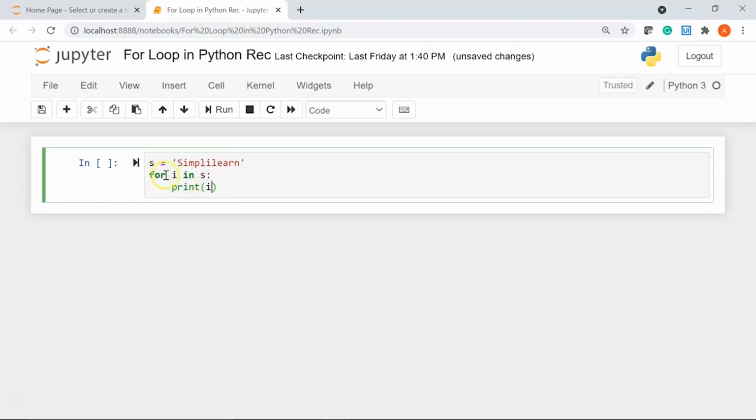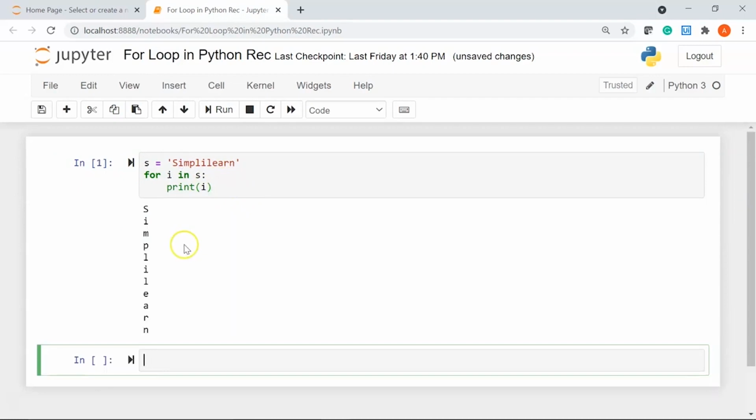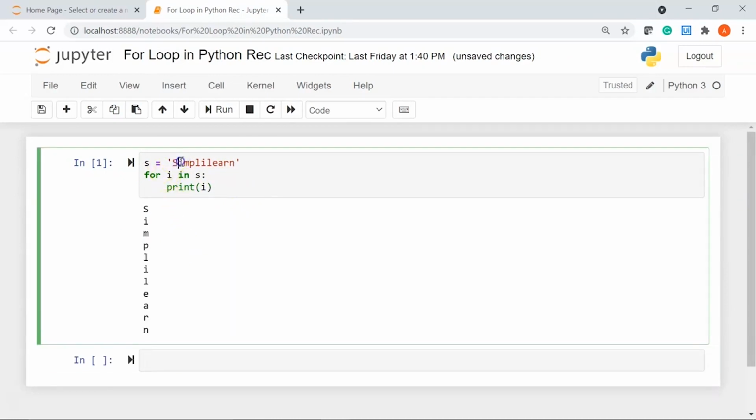What this for loop is going to do is iterate over all the characters that are present in my string and print them one by one. Let me run it by hitting Shift Enter. You see here, using this for loop, we have iterated over all the letters that were present in my string, that is Simplilearn, and we have printed them one by one.